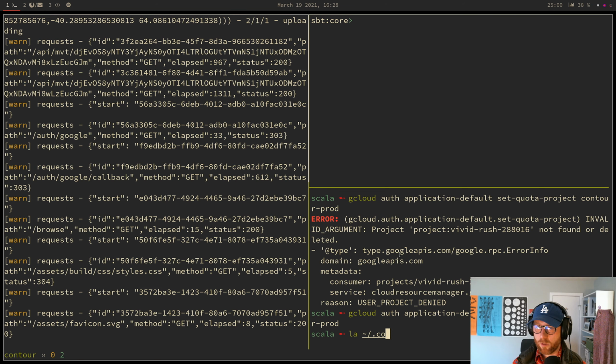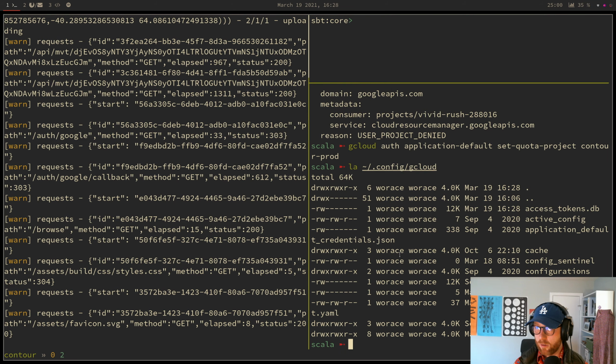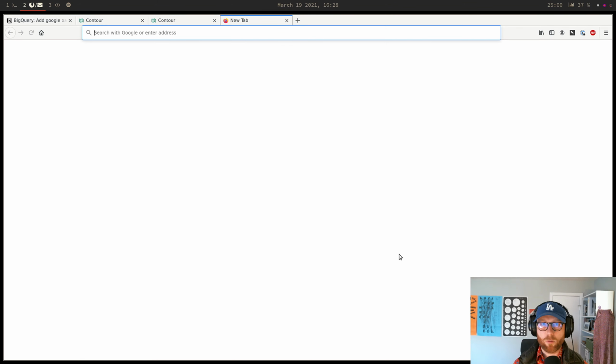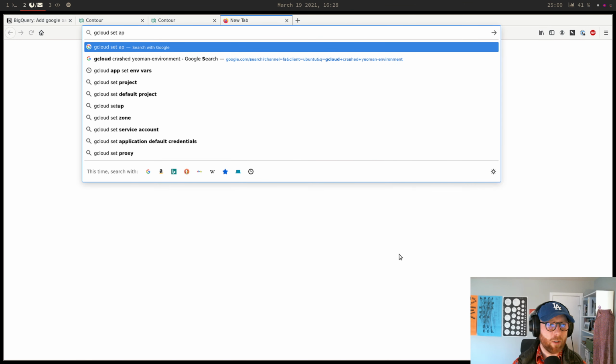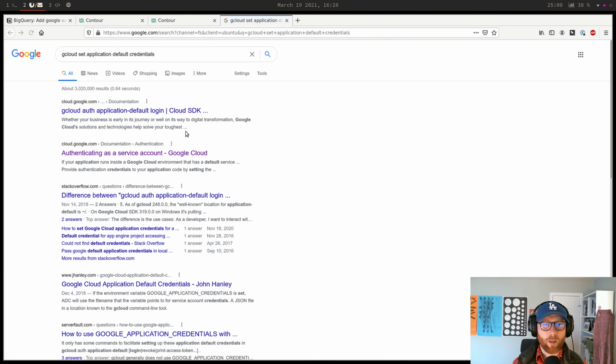So this one is config, gcloud, legacy credential. God, there's so much stuff in here. Application default credentials. So gcloud set application default credentials. I need to just wipe. I might end up having to just delete that file, but